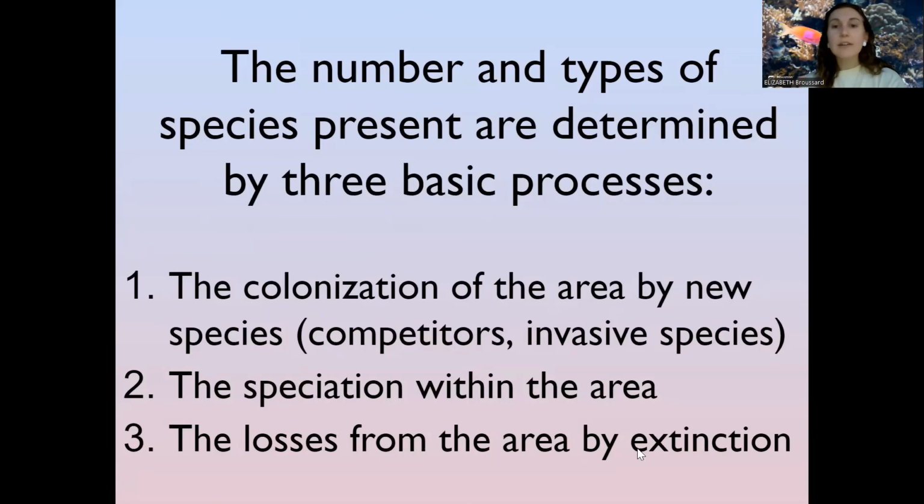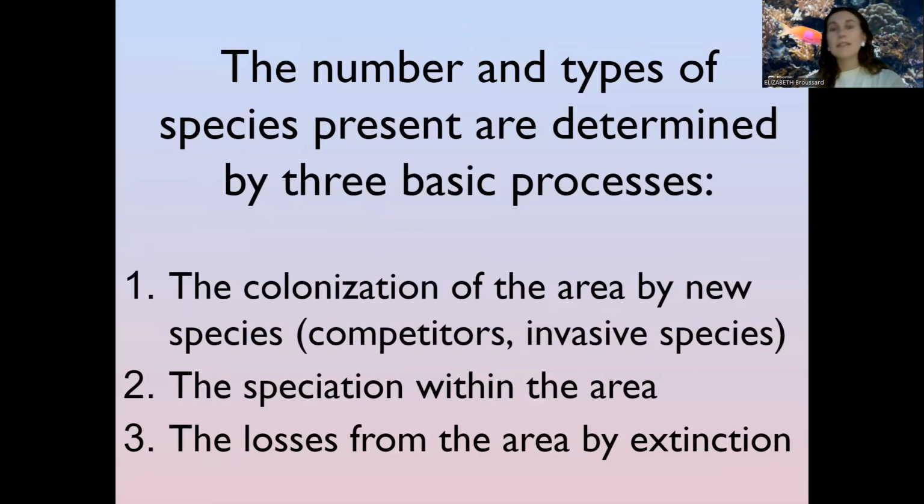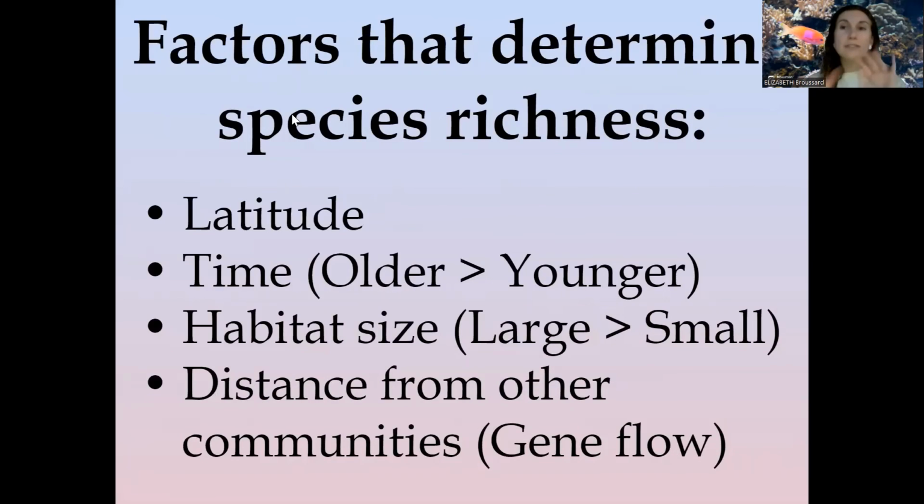Additionally, the loss of the area by extinction, this is also going to affect the number of organisms in my area as we lose organisms. Last slide. The factors that are going to determine species richness, so kind of similar to what we were talking about, the number is determined by these, but also the factors that continually affect that amount of species in an